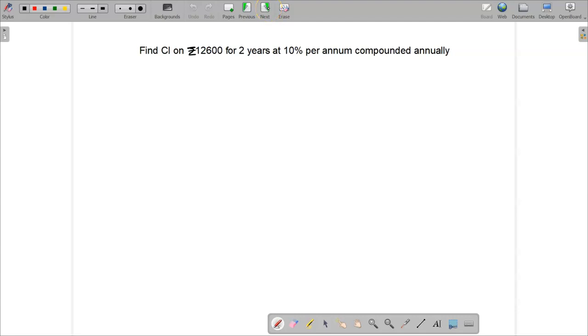The question is, find compound interest on rupees 12,600 for 2 years at 10% per annum compounded annually. So CI means compound interest, and they have said that the amount is compounded annually. So since it is compounded, we have to find out the compound interest. Okay. So for the compound interest,